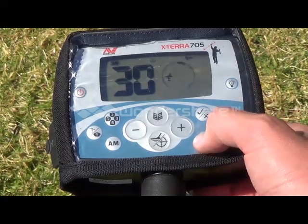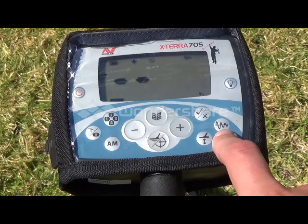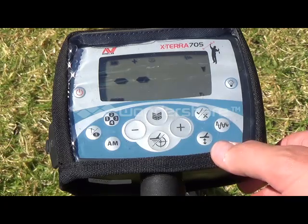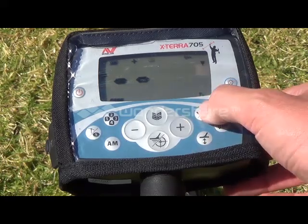I'm fairly lazy when it comes to that, and I'm actually using the auto track, so it does the ground balancing for you as you're moving along. When I get out, I actually want to start detecting ASAP, so I have this setting on all the time, especially at the beach. And finally here we've got in the top right hand corner, as I was mentioning earlier,